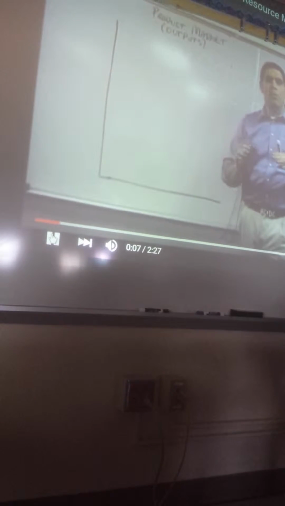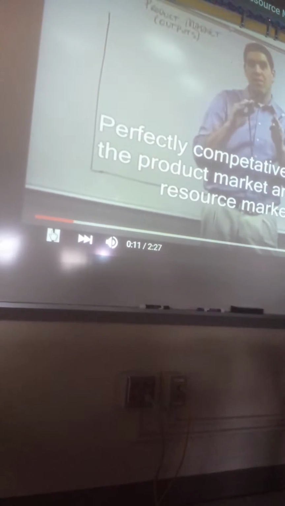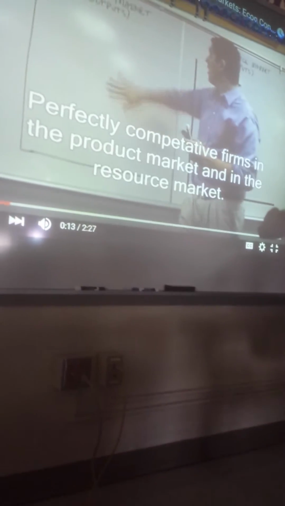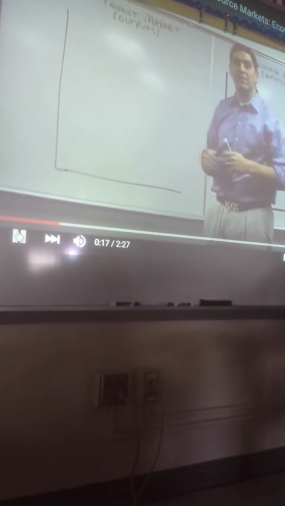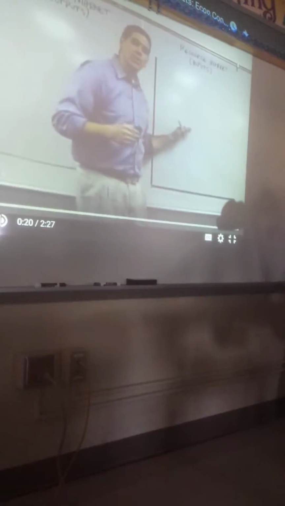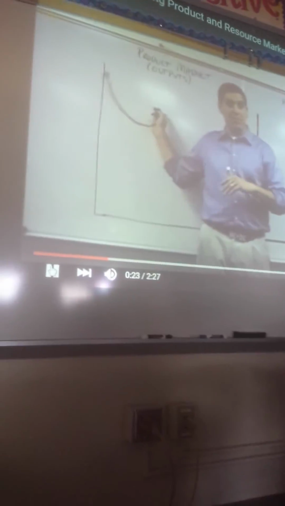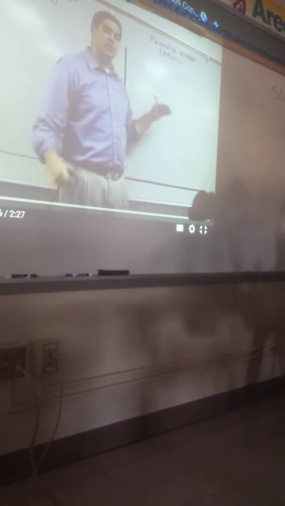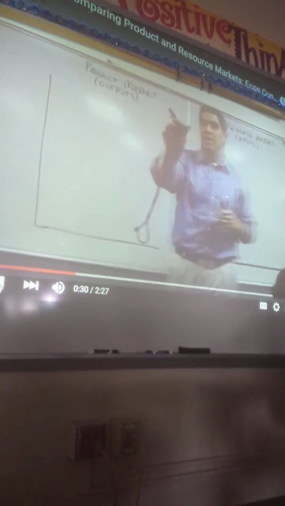Today's a big one. Okay, we're going to compare the product market and the resource market with two perfectly competitive firms, but they're in different markets. Over on this side, we'll look at the product market. We're looking at a firm selling apples or something like this. On the other side, we're looking at the workers who pick those apples. Product market, which is outputs, and the resource market, which is inputs. We're going to look at the firms producing and hiring. We're going to show you the concept.